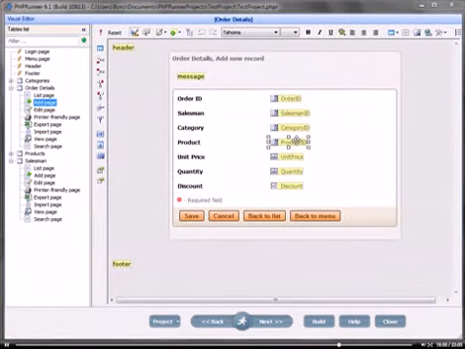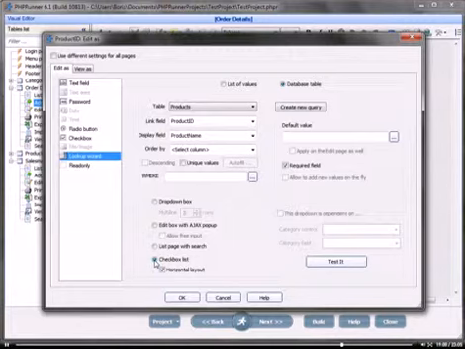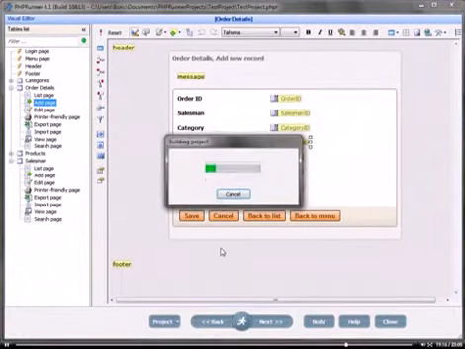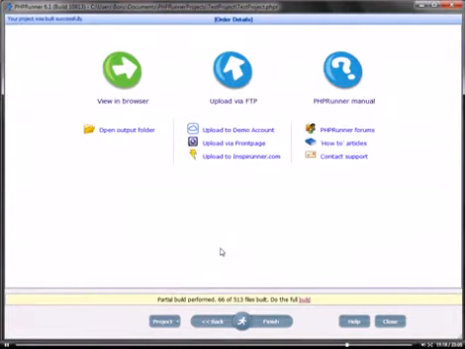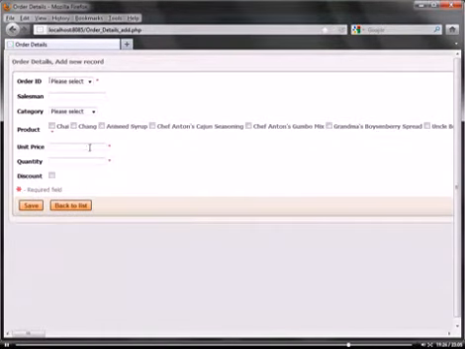Another way to display the drop-down box is the checkbox, and this is especially helpful if you have a large number of records as well, and you can select the checkboxes. You can do one of 2 things. You can display the checkboxes vertically, or you can do them horizontally. So you can check that off right here. Let's take a look. So if we build this, and now all of the values are displayed as